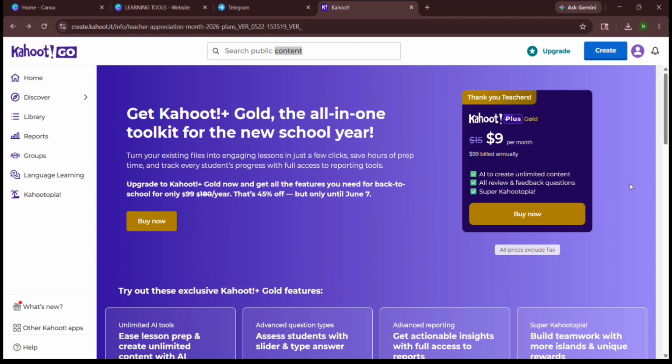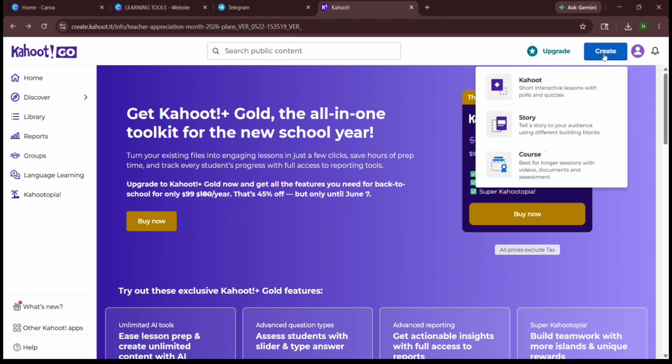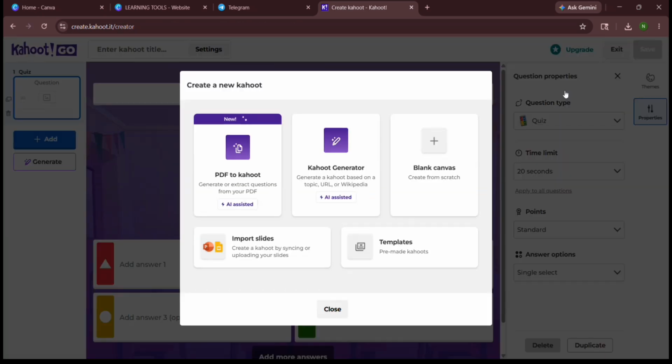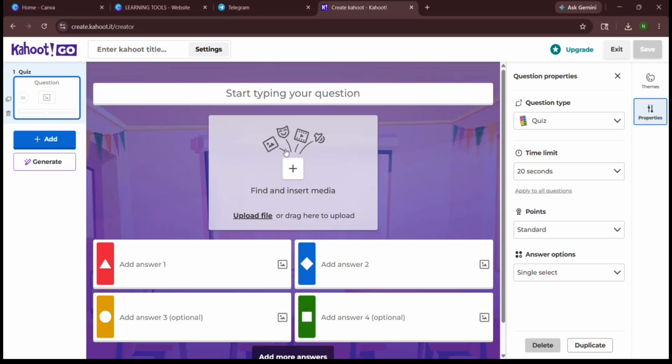After successfully logging in, you will enter the main dashboard. To create a quiz, click on the create button at the top right to create a new quiz. After that, continue creating the quiz based on the subject we will teach. And for now, I will just show you how to do a classic mode quiz, which is easy and simple